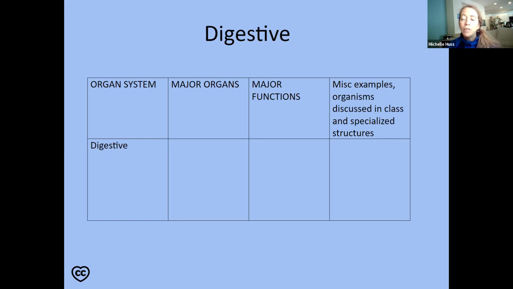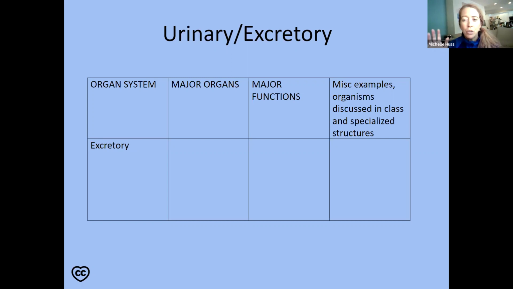Each of these organ systems we're going to go into in depth. So you don't have to try to get everything at this moment. You just want to have some general pieces to fit in here. Miscellaneous examples, we didn't really discuss any special structures. Okay, so respiratory, what do you think of when you think of respiratory? Put down a couple of those organs, okay? Lungs or trachea or windpipe. Major functions, gas exchange. Yeah. See how I'm not putting in too many things. We want to keep it pretty basic.